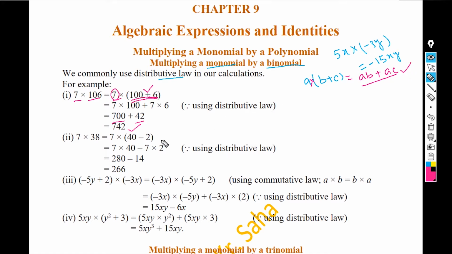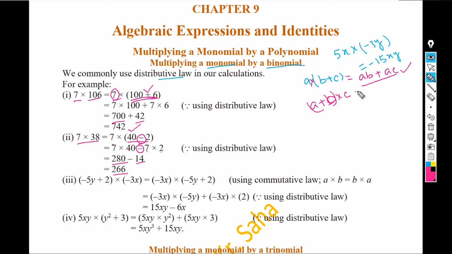And another use is here, 7 into 38. 38 can be written as 40 minus 2 and multiply 7 with 40 as well as 7 into 2. There is a minus sign in between. Then 280 minus 14 is 266. Take another example, that is just you can write in case of distributive law, if a plus b is